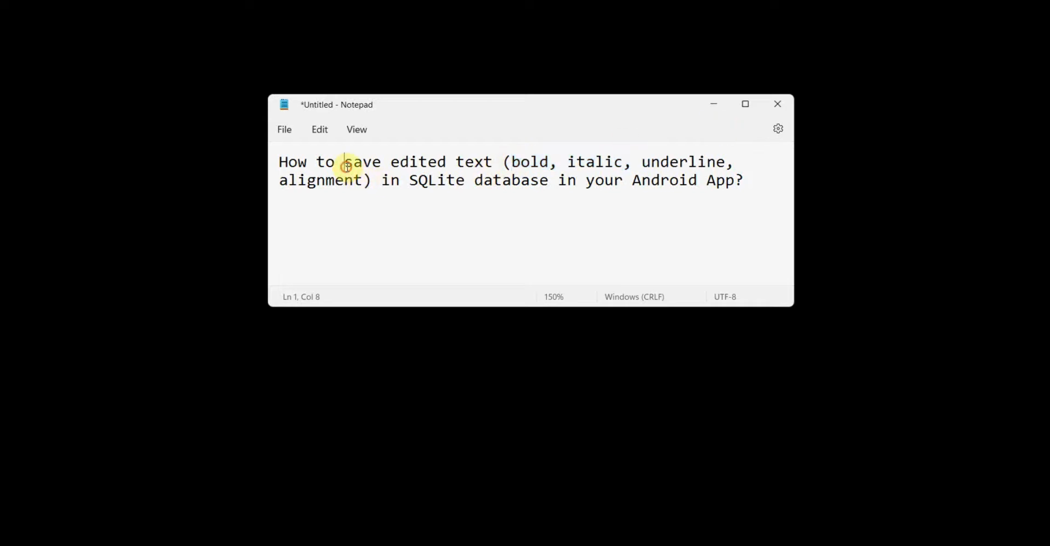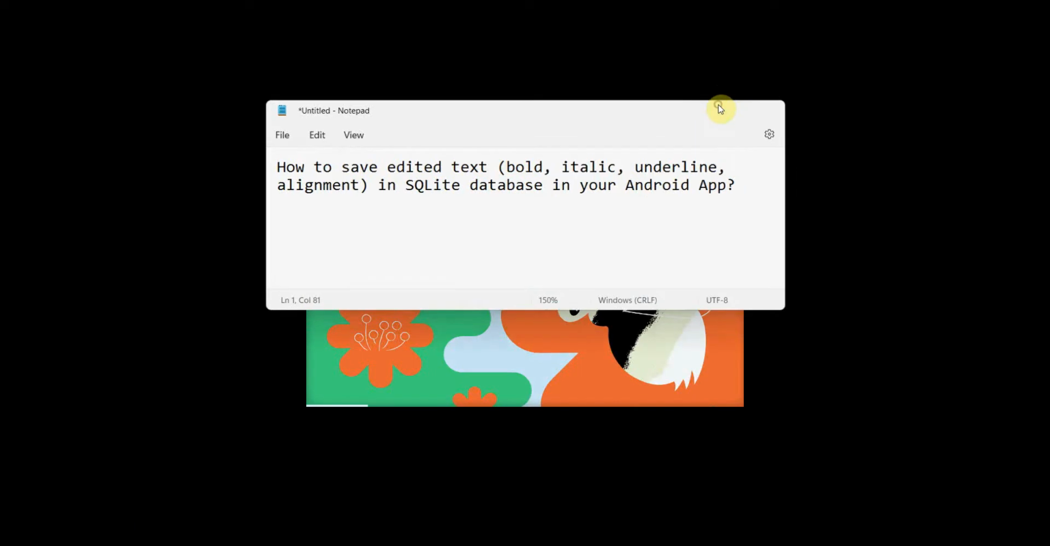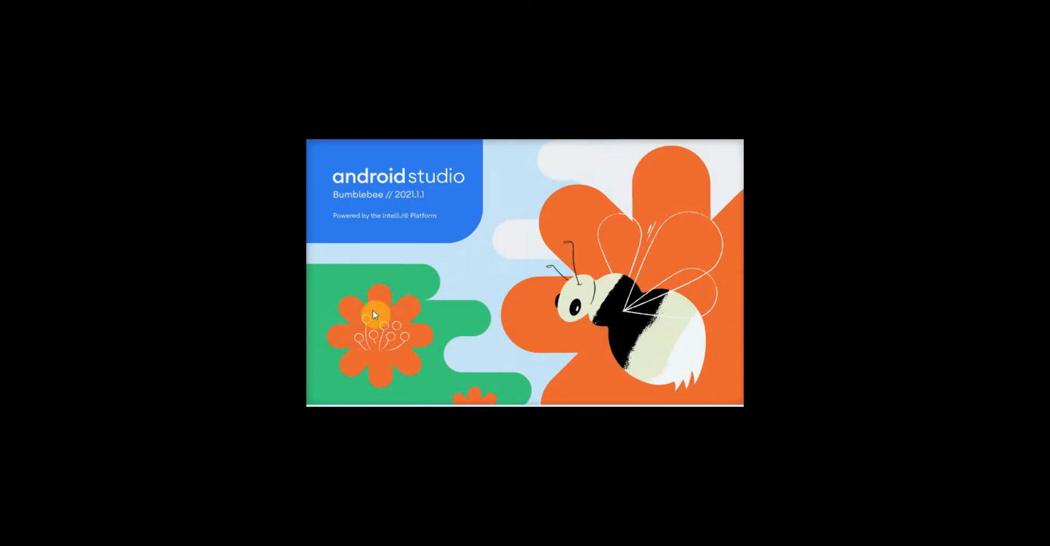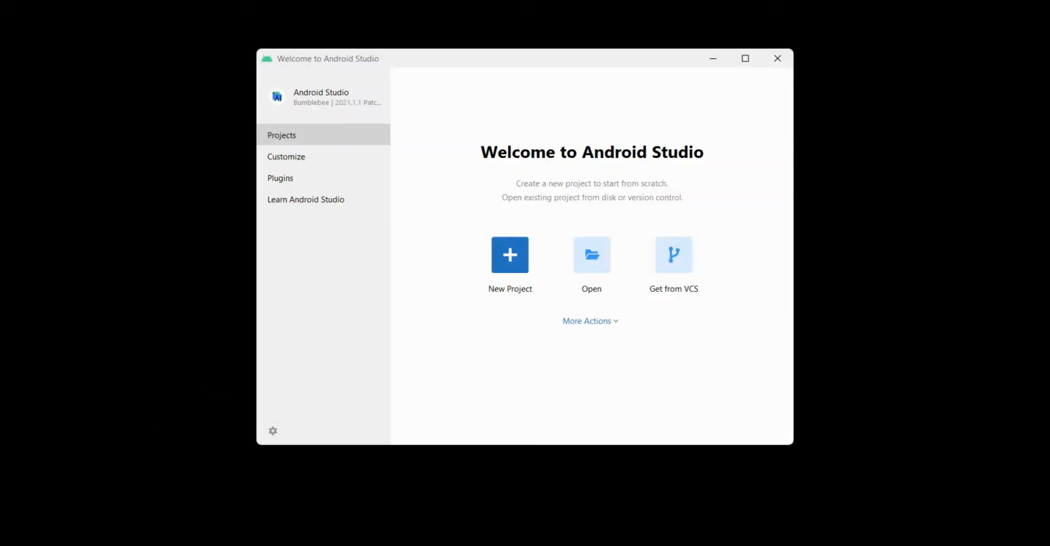In this video, I show you how to save the edit text, like whenever you are editing a text in your text view, text box, bold, italics, underline, how to save it in any database like SQLite database. So let's begin. We'll create a simple layout, and in the meantime, when this is coming up, I'll also try